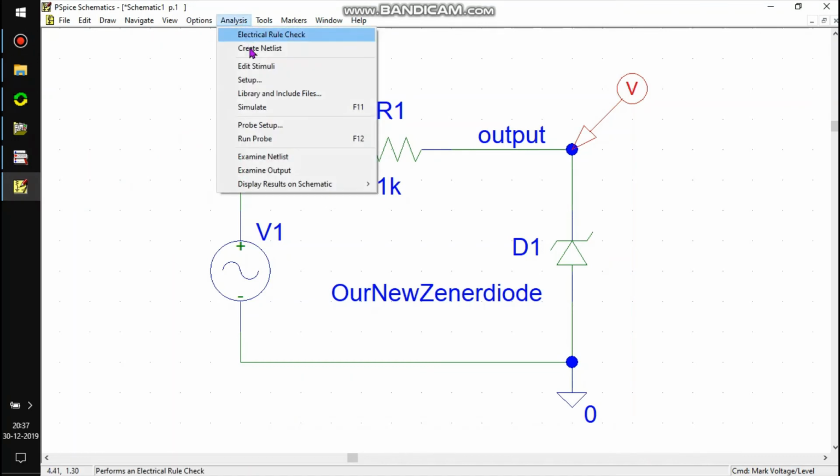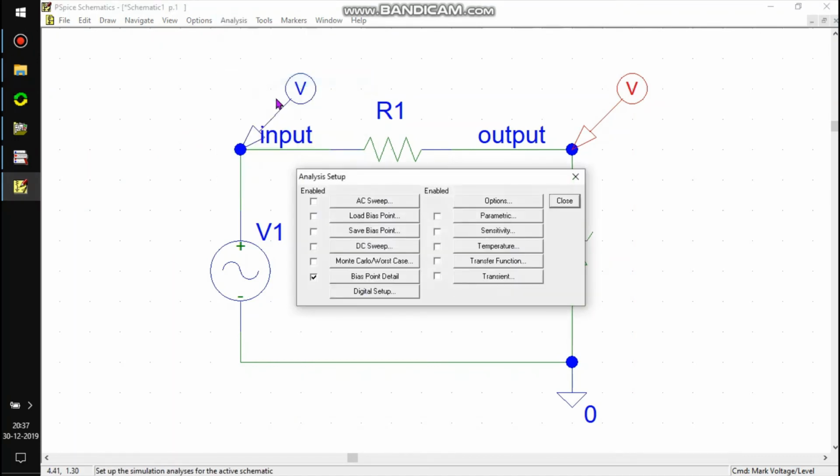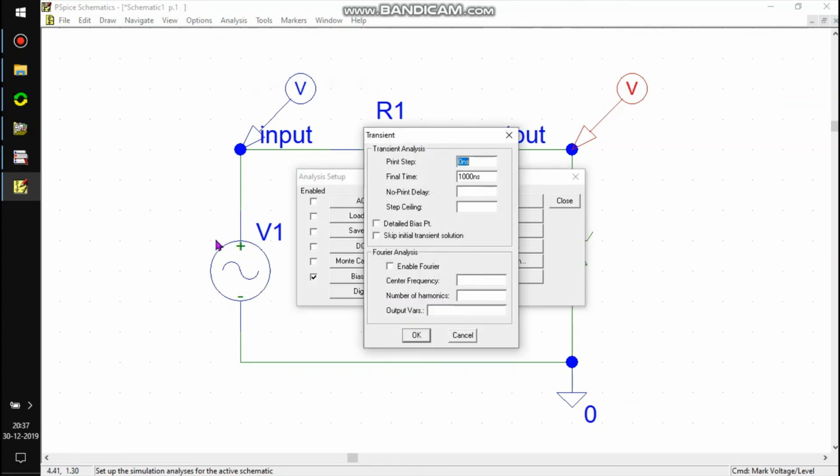Set up a transient analysis. This is 1 kilohertz, so 1 sinus is 1 millisecond. So let's take a look at 3 sinuses, which is 3 milliseconds.